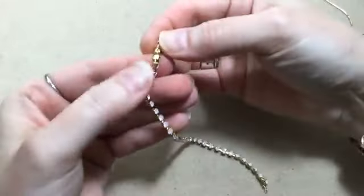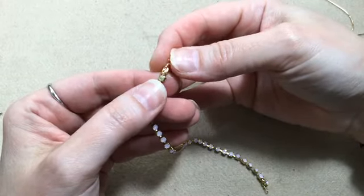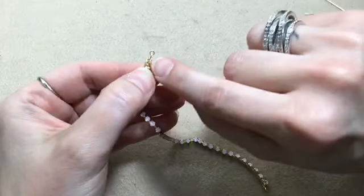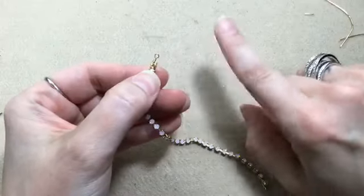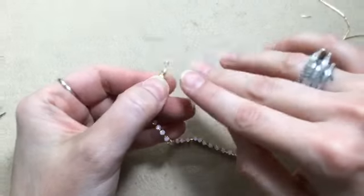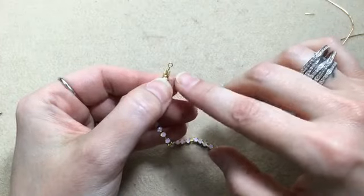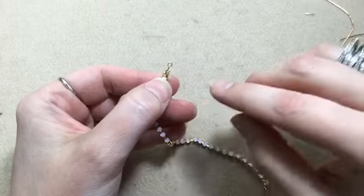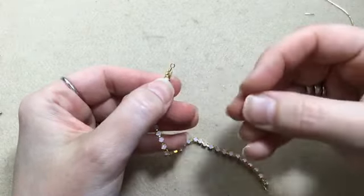Okay, so now this is what you've got on the back. It's still not the prettiest thing you've ever seen, right? But it is functional, and you have the extra security of that triangle shape instead of just one wire that has the ability to go back and forth like this, right? Any movement that's going to happen to that 24 gauge wire, if it were to get caught on your clothing and bend at a 90-degree angle just right over and over again, that would definitely weaken that wire in a spot where it is going to